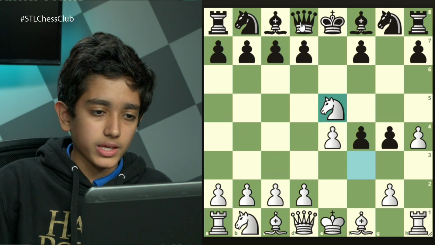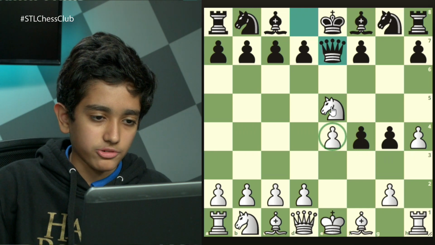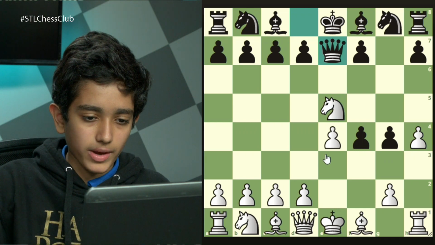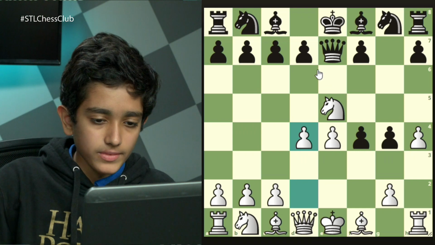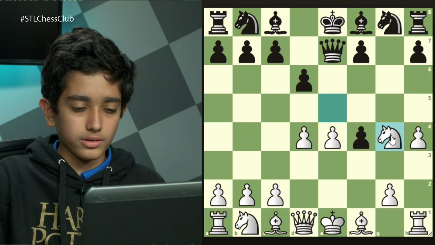Instead, if black tries to play the move Queen to E7, aiming to take this E4 pawn next move after white takes here, that doesn't really help black either, because what white can do is he can just play the move D4, protecting the knight,